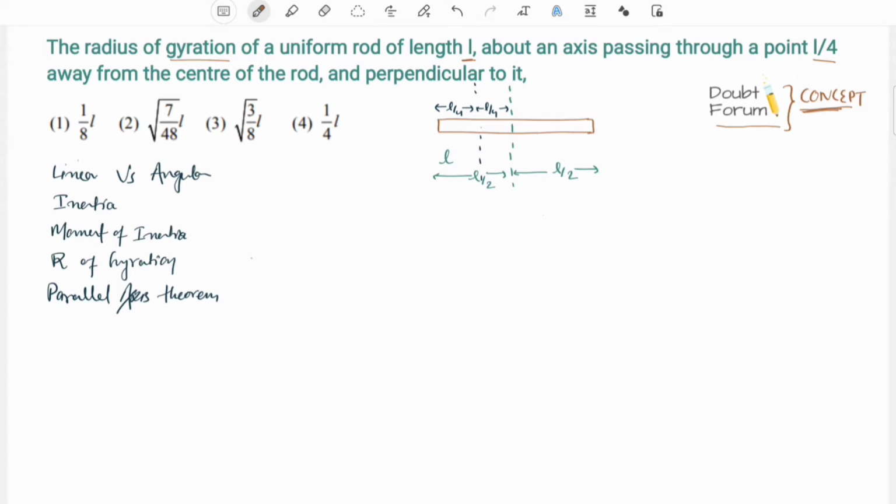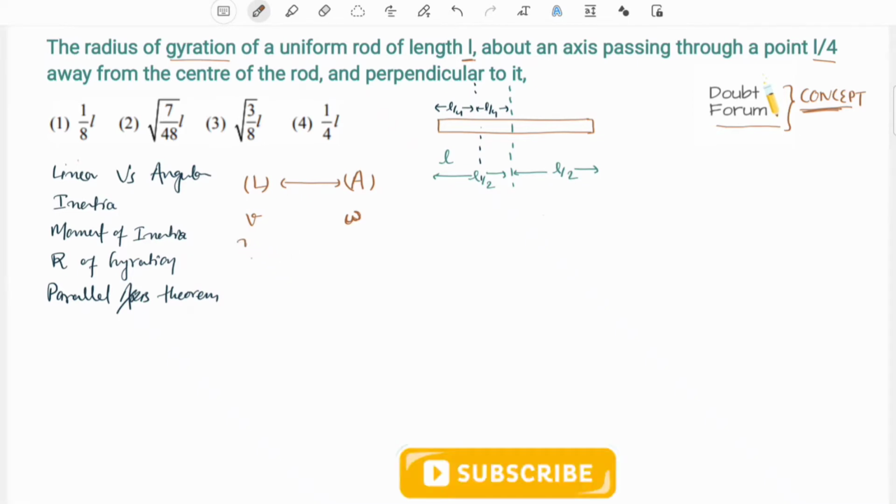So let us start with linear versus angular motion. There are certain quantities; I would just note down their equivalent in rotational motion. In linear motion we have the concept of velocity or speed. This becomes angular speed, denoted by the lowercase Greek letter omega, in rotation. And as you also may have noticed, mass becomes moment of inertia here.